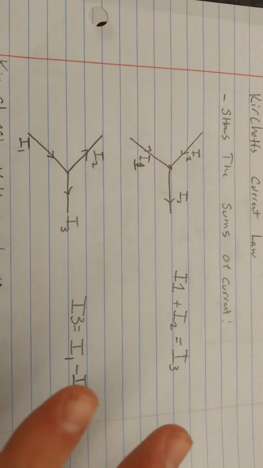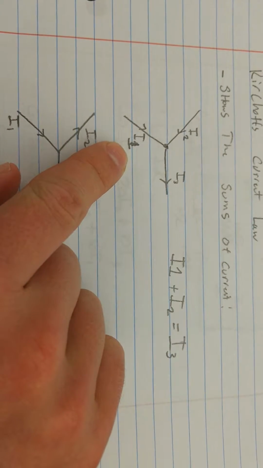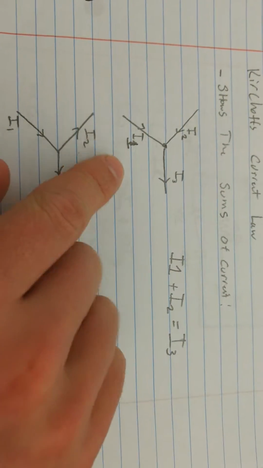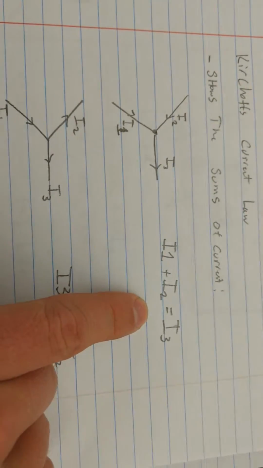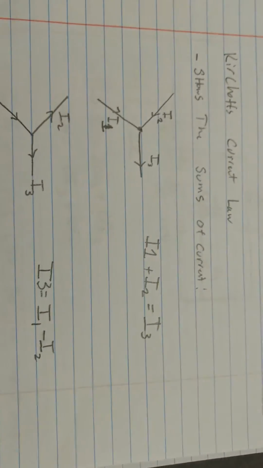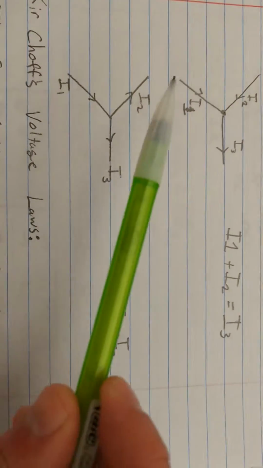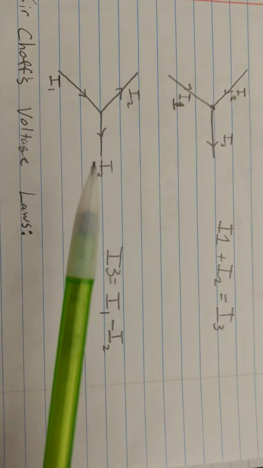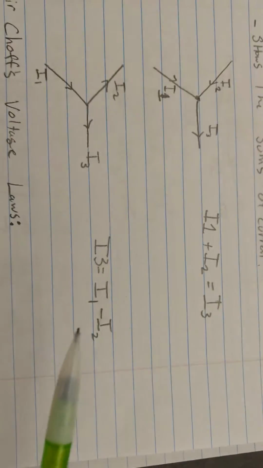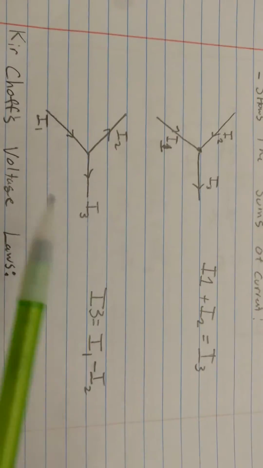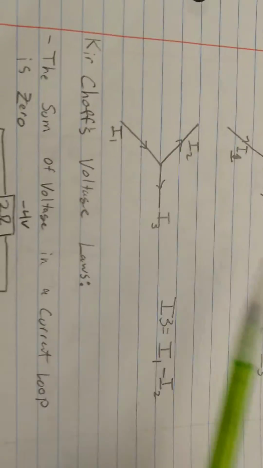So here are two examples for Kirchhoff's law. As you can see, we have I1, I2, and I3, and you'll note that the sum of I1 and I2 equals I3, because they all flow into the same line here. And if we have a situation like this down here, where I2 is leaving, we have I1 and I3, well, I3 is simply going to equal I1 minus I2, which makes sense. It's kind of like water flowing through a pipe. You get a certain amount of water going this way and a certain amount of water going this way,